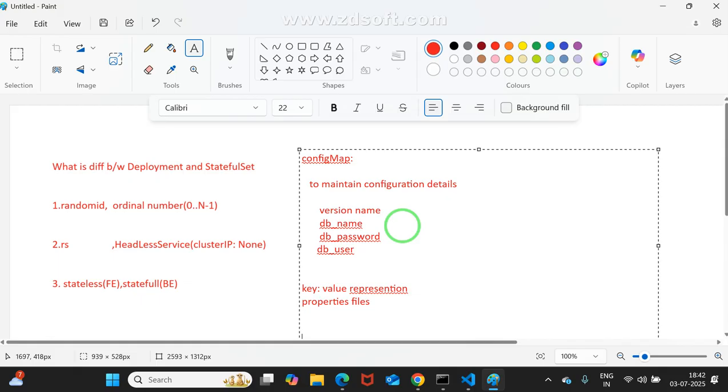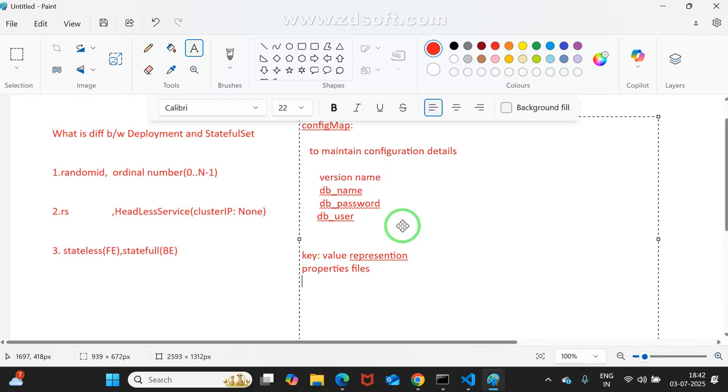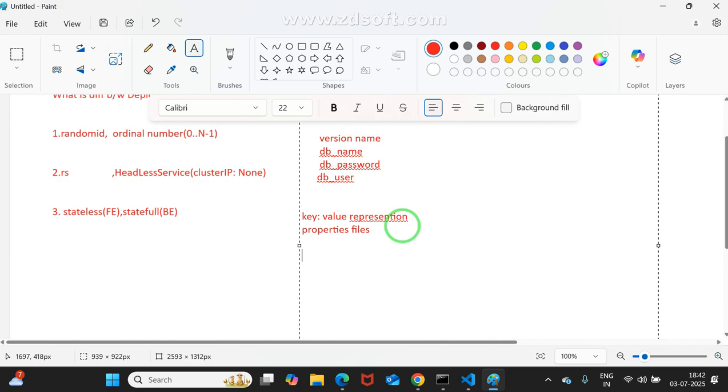See, in this config map, how many sections are there? Any template has 4 sections. Quickly respond. Any template, maybe you take pod, replication controller, replica set, even deployment, even stateful set which we saw yesterday. What are the main things? One is the API version.